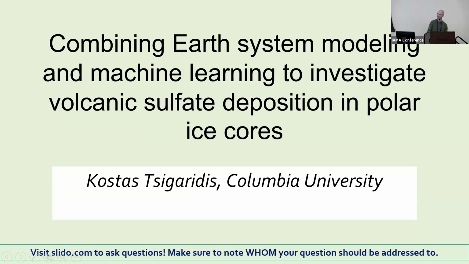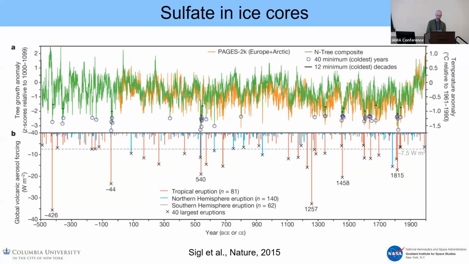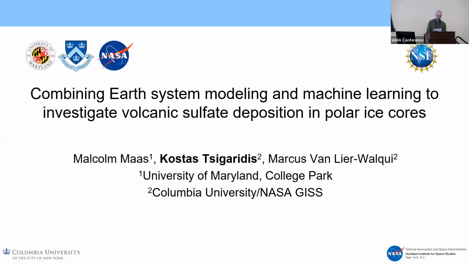So we have two more presentations. The next one is Kostas Tsigaridis, I'm guessing. Close. Tsigaridis. He's a research scientist at Columbia University and NASA GISS. His research interests aim at understanding the role that aerosols play in the Earth system by studying the interactions and feedbacks between the atmosphere, the terrestrial biosphere, the ocean, and the climate. He has contributed to a number of different IPCC reports and is currently working on developing the next generation of the GISS model ESM, the GISS model E3, which will be part of CMIP 7.